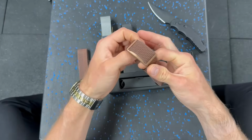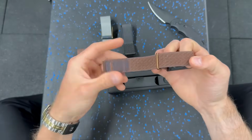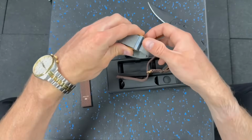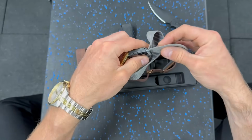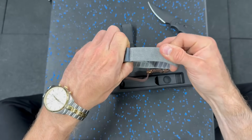Okay, now we got this. And on first glance, yes, I like how it feels. They went with the Velcro, which I'd rather have how the Whoop goes. I've talked about this in other videos, but it's basically the hook and loop kind of vibe where this goes through. This is staying really tight, right? This does not loosen on me,